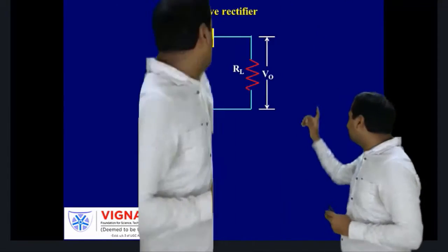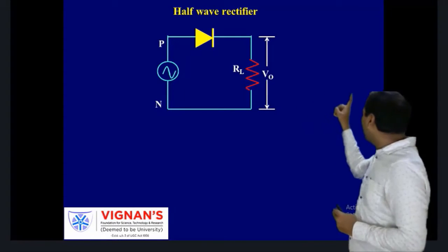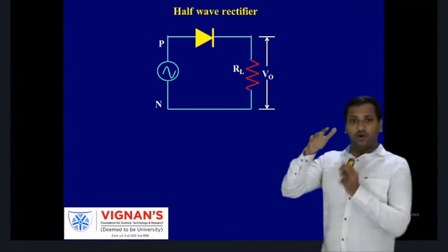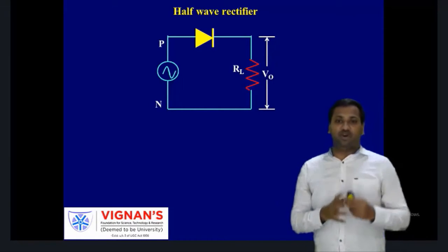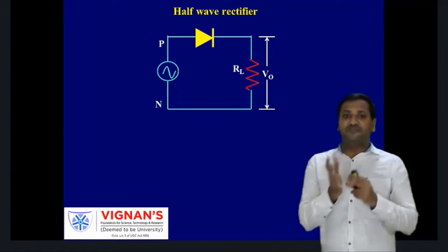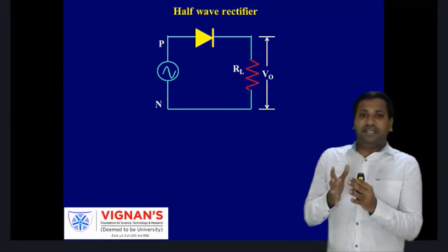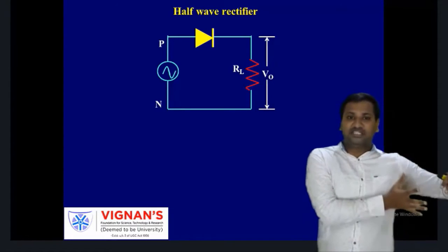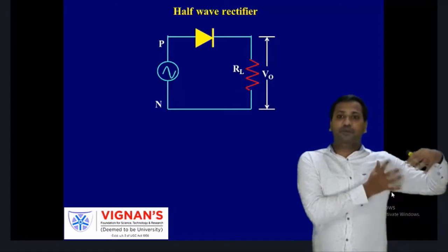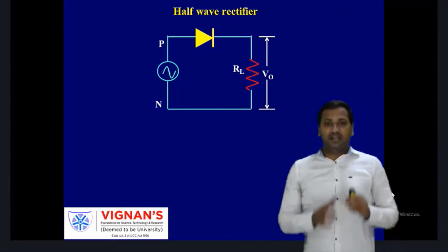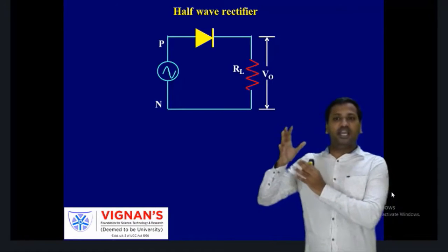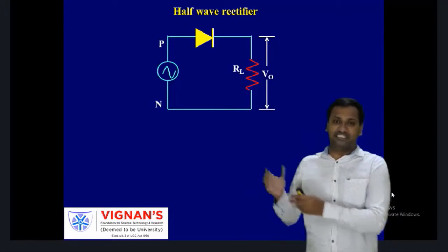This half wave rectifier consists of a diode and a resistance. Load is connected across that resistance. That's why that resistance is taken as a load resistance. This combination of diode and resistance will be applied to an AC voltage of pure sinusoidal. That is considered to be the input voltage, that you need to convert into an output voltage of DC.